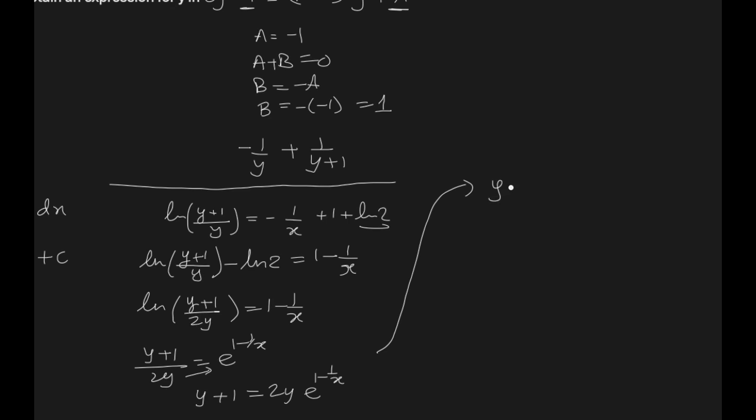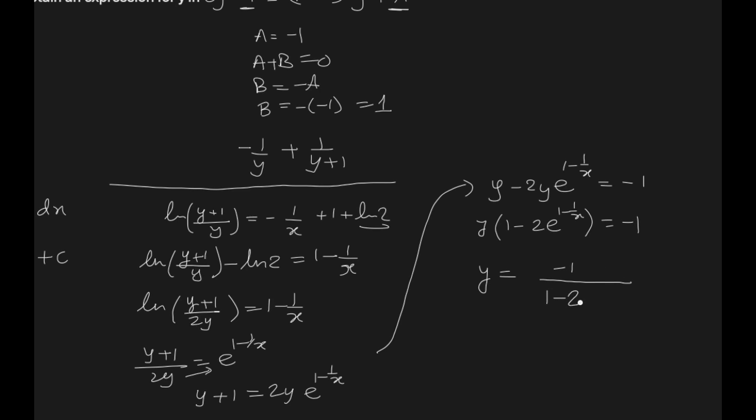So y minus 2y e to the power 1 minus 1 over x equal to minus 1. This one came here, this went there. Now y can be taken common: y times 1 minus 2 e to the power 1 minus 1 over x equal to minus 1. So y is minus 1 over